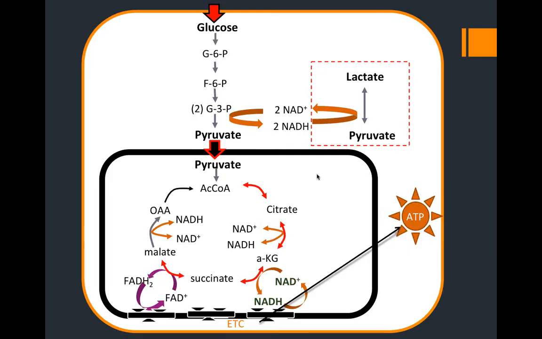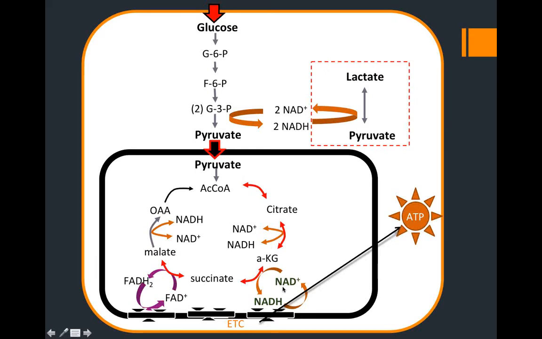NADH and FAD are metabolic cofactors, as I said. And so this is a very brief description of basic cellular metabolism of a simple sugar, glucose. You may remember from your basic biochemistry that the whole goal is to take a sugar and develop it into the energy unit of the cell, which is adenosine triphosphate, or ATP. It does this by converting glucose into pyruvate through a process called glycolysis. And then pyruvate is shuttled into the mitochondria, where it enters the citric acid cycle,